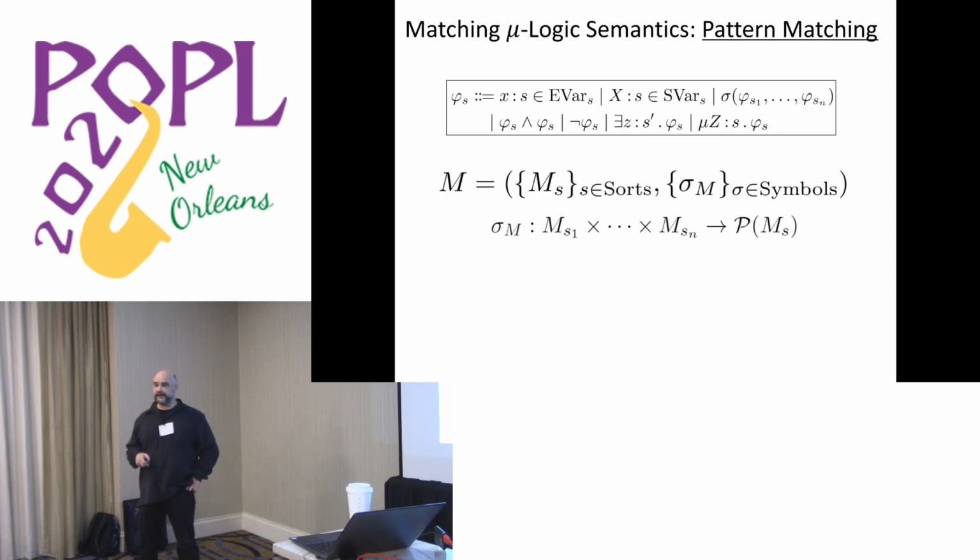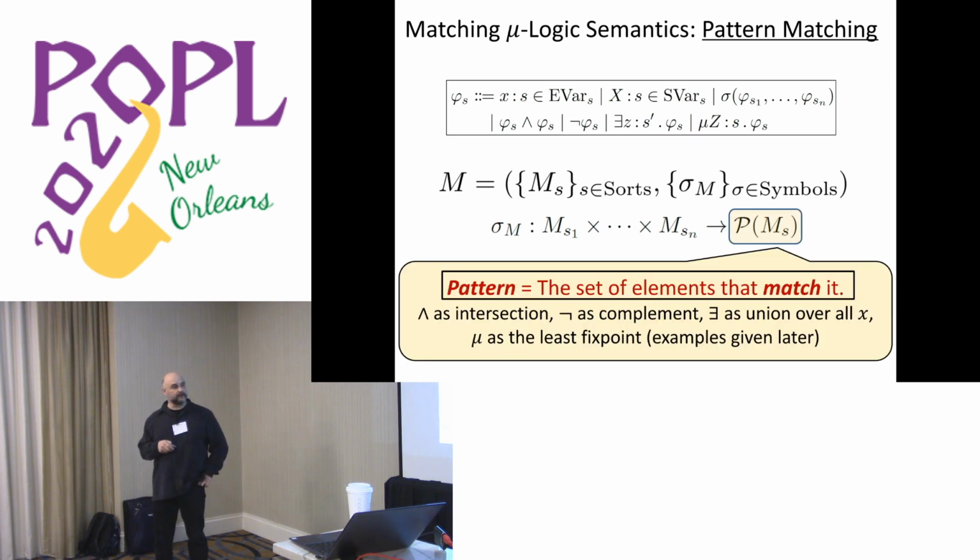And the semantics is almost like first-order logic, except that the symbols are interpreted not as functions in models, but as functions in the power domains. Or in other words, they're interpreted as relations. And the intuition is again that of matching. If you give me a pattern in the model, that will be matched by a set of elements. Because when you do matching, you can be matched by various things. Like in K, if you have a configuration pattern, that can be matched by lots of concrete configurations, not only by one.